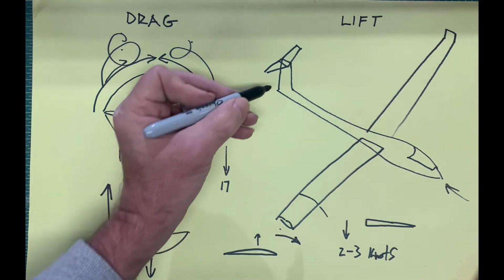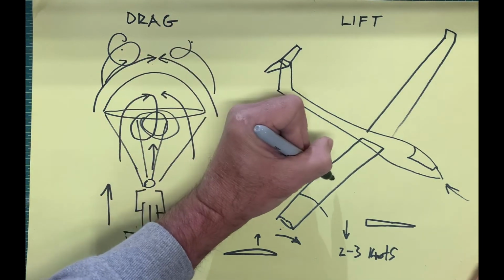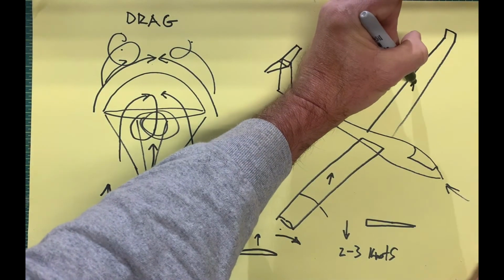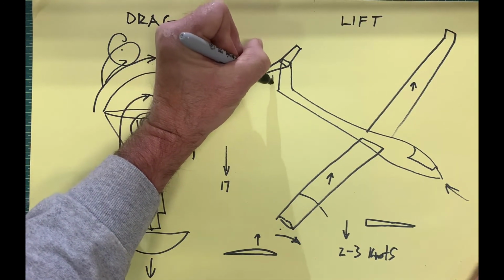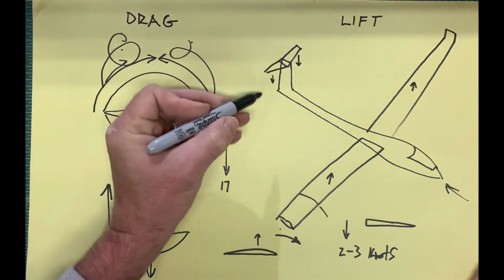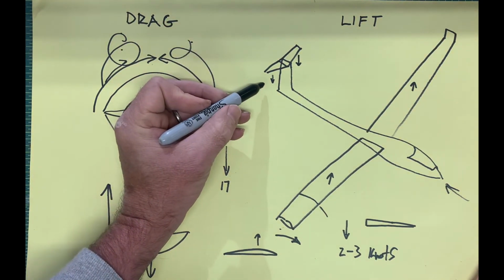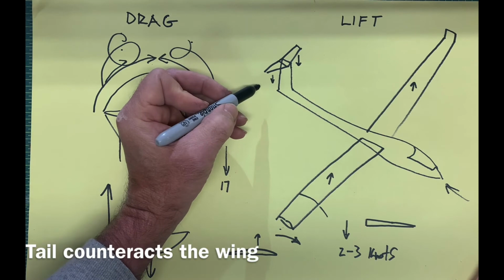So that's why you have to have a tail. The lift is generated by the main wing, and the tail actually creates downward lift. And the downward lift of the tail is